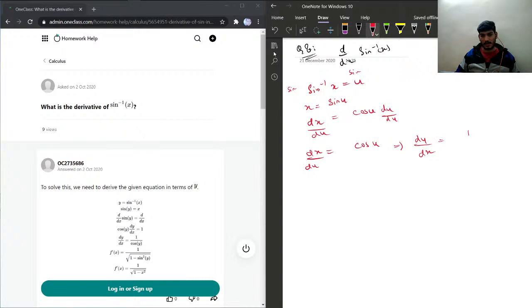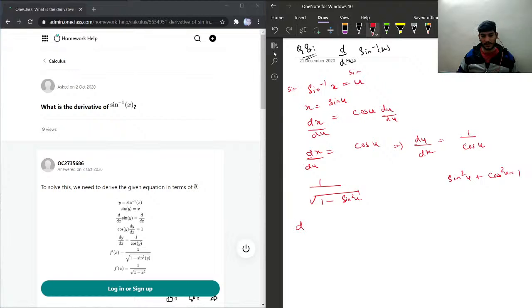So this will become 1 over cosine of u, and cosine of u is nothing but under root of 1 minus sine square u, because we have the identity of trigonometry, sine square u plus cosine square u equal to 1. So with this we can take this sine term on that side and take the under root, and we'll